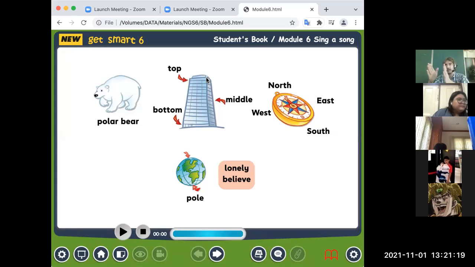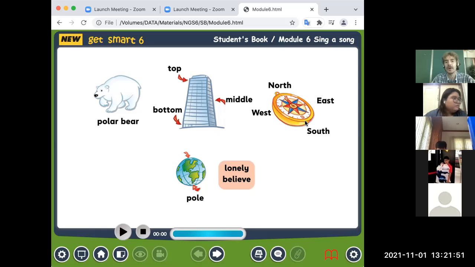It's like the center, approximately the same distance from two points. So that's middle. Middle.